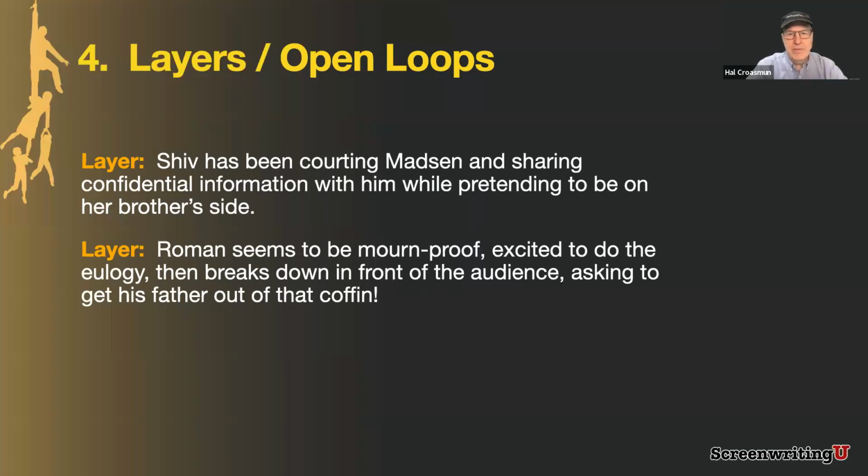And then he breaks down in front of the audience, but not in a small way. If you watch it, he gets to the point of sobbing, demanding that his father be taken out of the coffin. He's lost control in front of all of these incredibly powerful people. So really a difficult spot to be in. Now, both of those are layers, right? He actually has that layer going on under the surface. He just doesn't know it. He was the one who probably was most emotionally connected to his father.